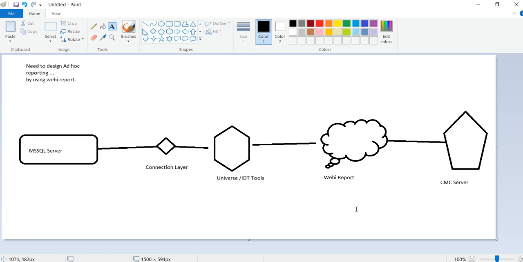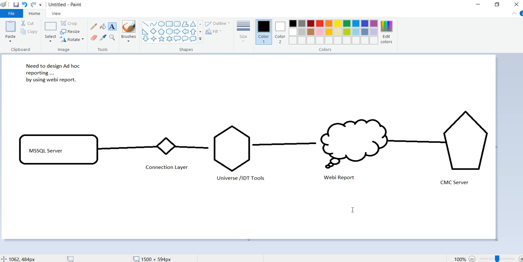columns. But if you have designed a horizontal report, or a vertical report, and my requirement has changed, I want to design my report by using the cross tab tool, so I can design a cross tab report. So when the requirement is not fixed, when the format and layout are not fixed, then we use Webi report, which supports ad hoc reporting.